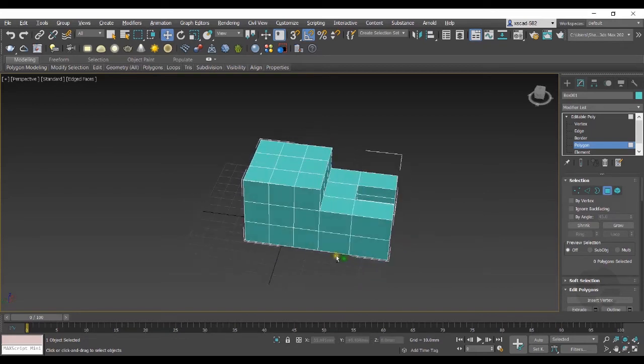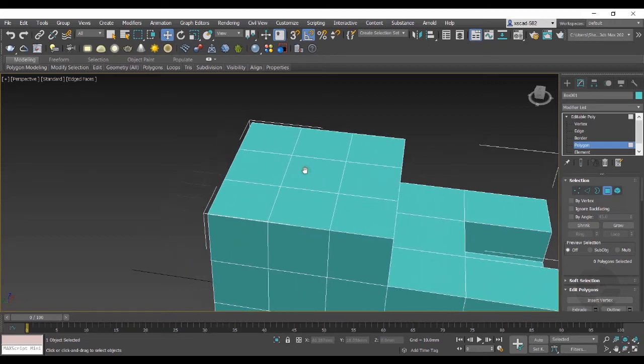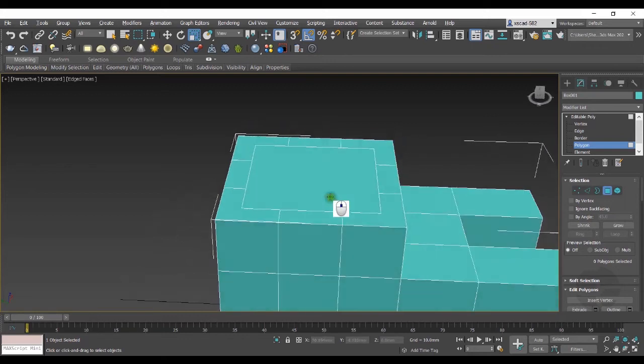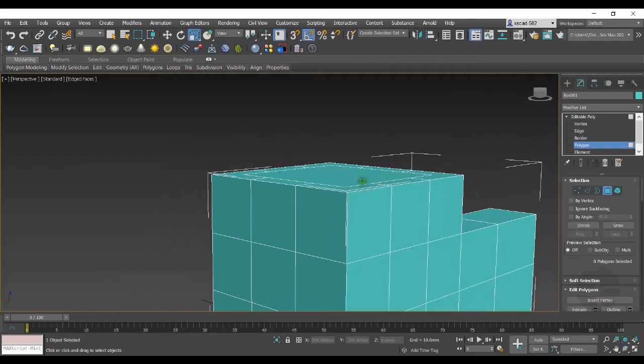We can even create inset with it. For inset, select the polygon, go with Scale tool, press Shift key and scale it. If you are scaling it in outward direction, it will delete the unwanted edges. It is intended to reduce the amount of manual work needed when extruding and insetting a polygon. It automatically deletes the coplanar faces. Let's move now to Improved Selection.